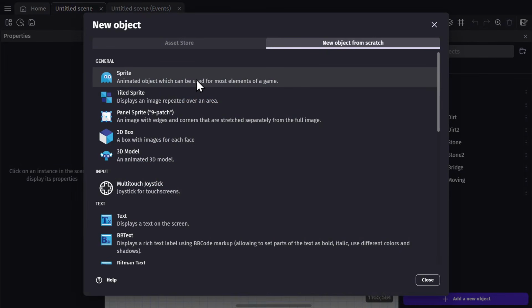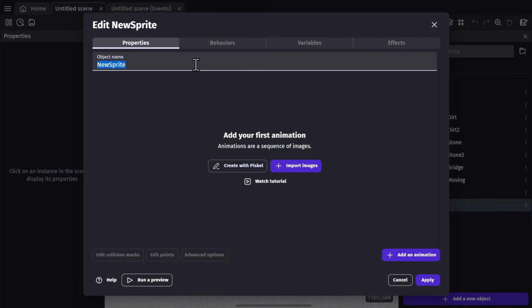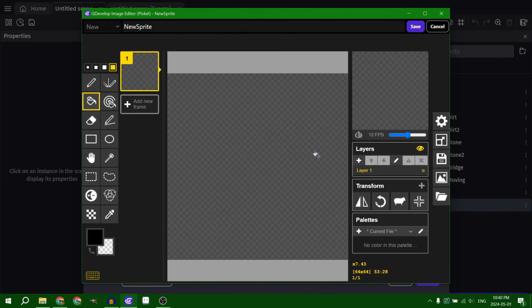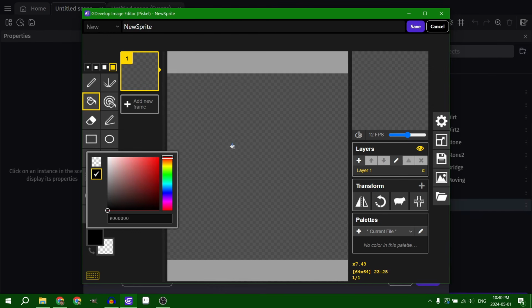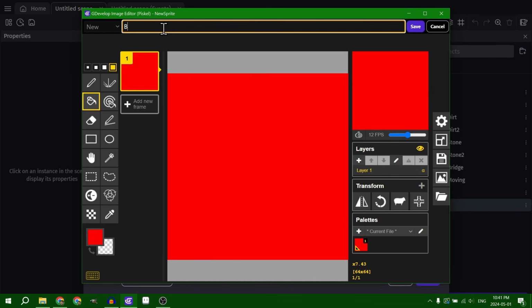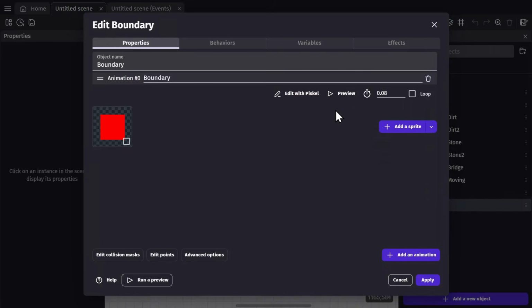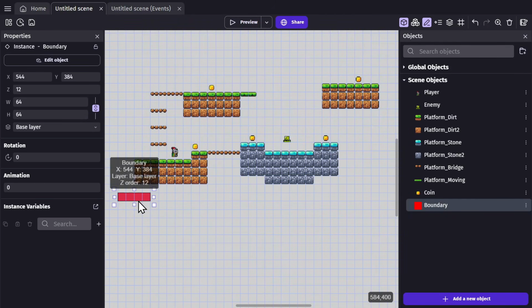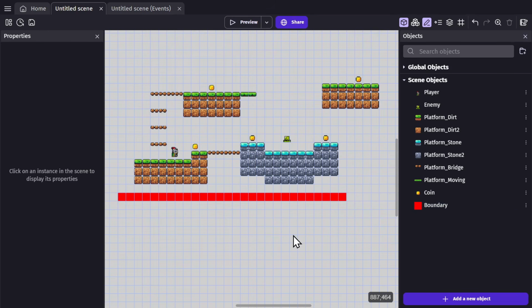So we'll create a sprite object, call it boundary, and then we'll create one with Pascal. Pascal is the built-in image editing software in GDevelop that can be really handy for small tasks like this one. So we'll use the bucket tool and fill it with red, and then name the image boundary, and then save. And now we have a red square as the image for this object. Now place boundary into the scene and use it to mark the bottom of the level. Then